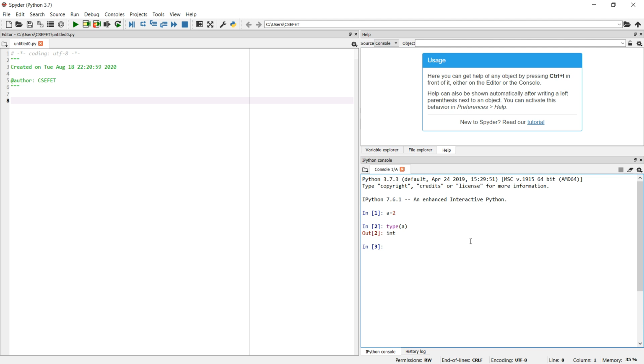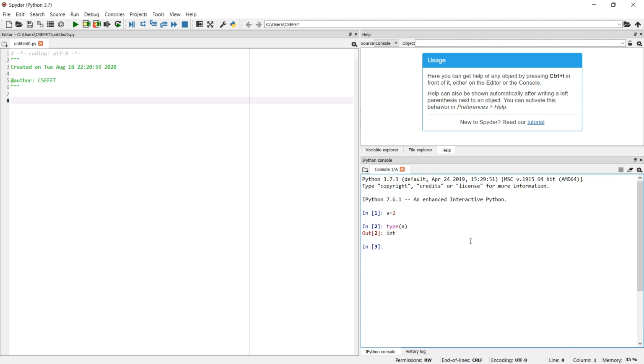There are certain data types which are supported by Python, but we do not need to tell those data types explicitly to the compiler, or rather, as Python is an interpreted language, to the interpreter. It takes it by itself when we give the value to the variable. The data types supported by Python are numeric data types.